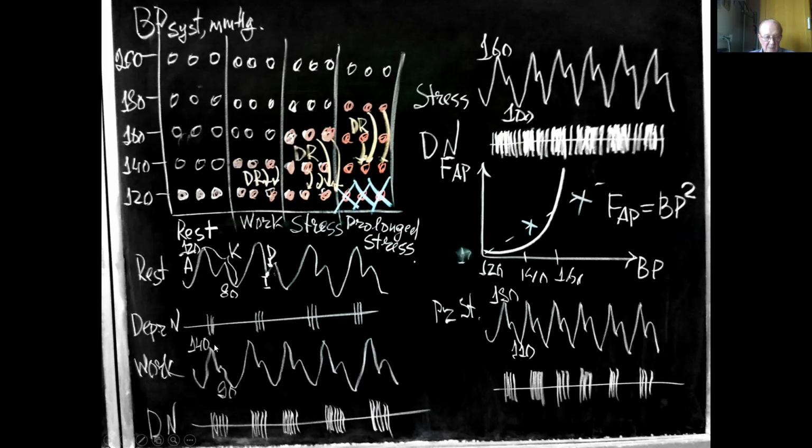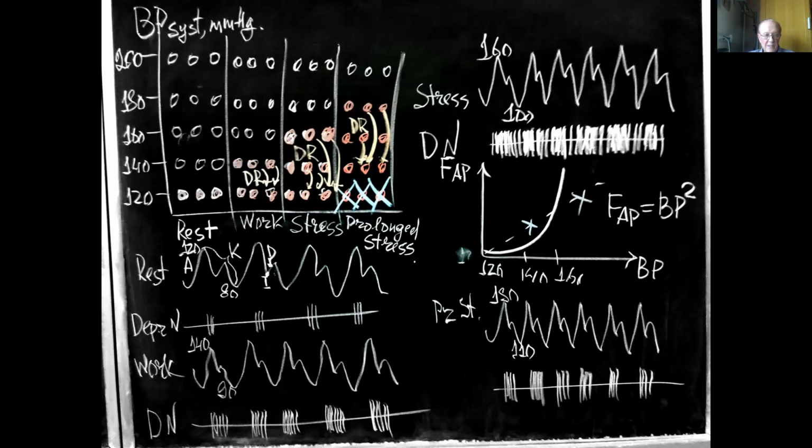We will see the summation of some action potentials. These are the nerve impulses. The amplitude is the same because the action potentials depend on the law of all or none. But they appear in the depressor nerve only when the pressure has the maximum value, 120 millimeters of mercury. And this information informs the vascular motor center that this is the normal blood pressure. Then the next situation, this is the physical work.